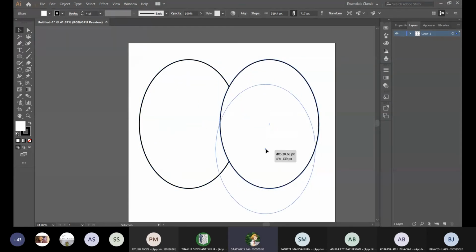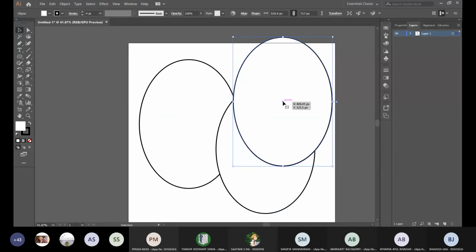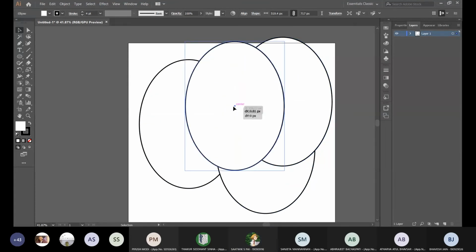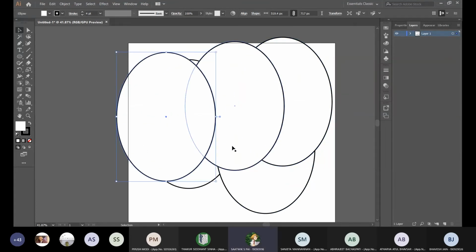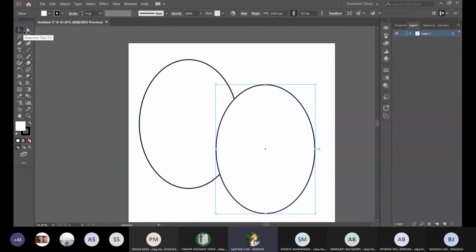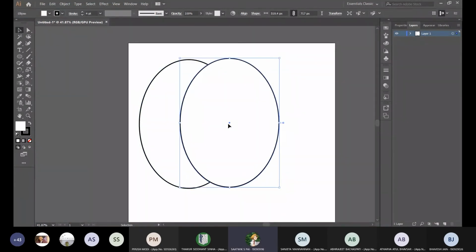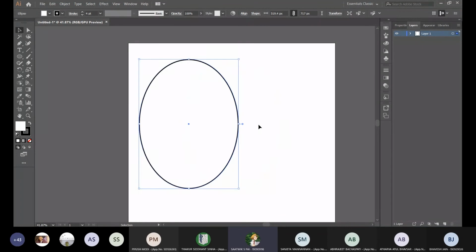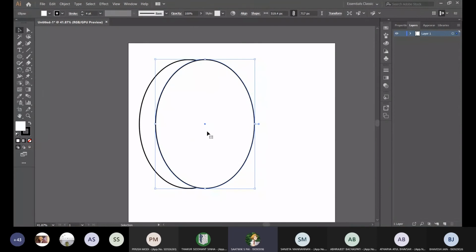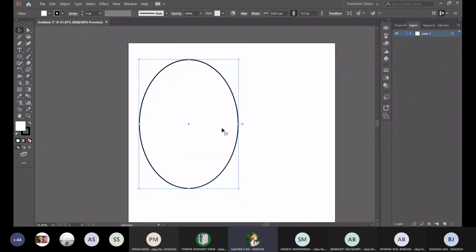It will make a copy for you. See this? I hit Alt, I dragged it, it made a copy for me. This is very useful instead of doing Control C, then Control V, and then moving the other thing where you want it, you can just do it with your mouse and one finger.